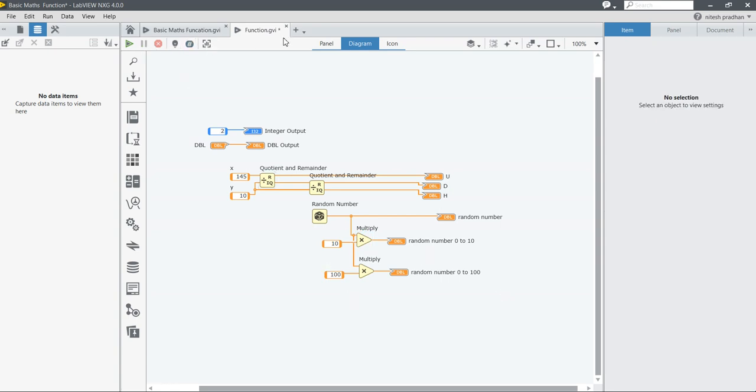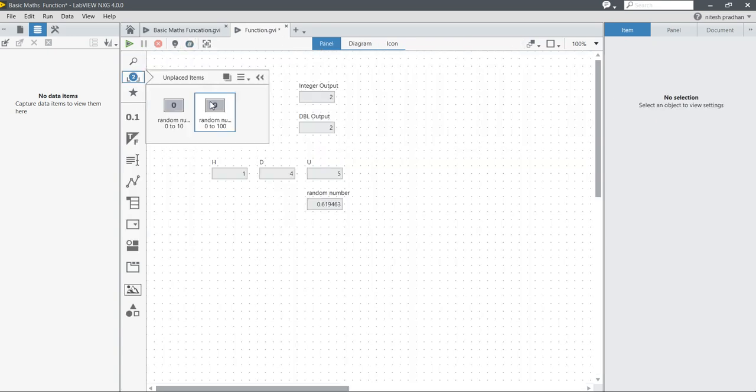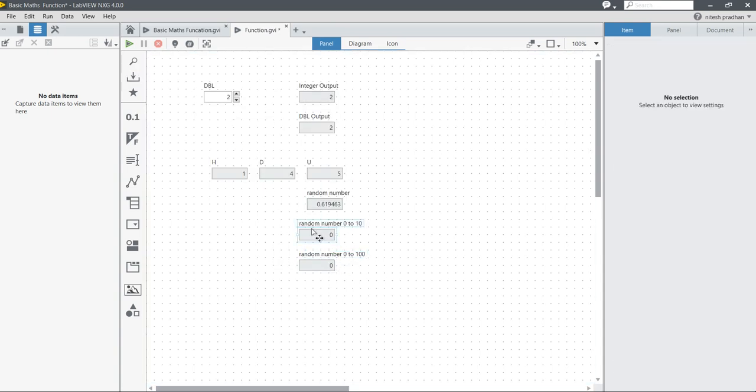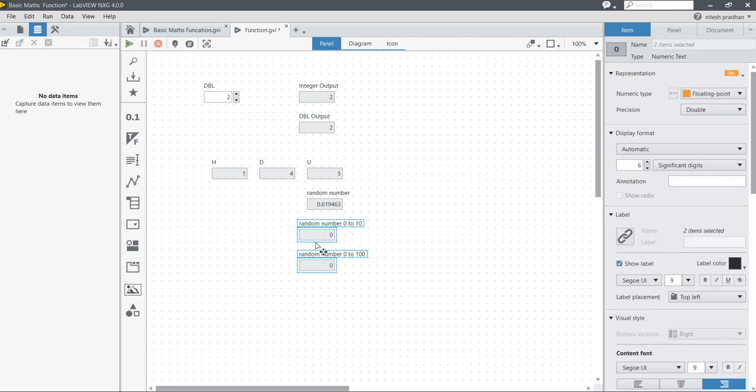Nice. Now come into the front panel, you will get two unplaced items. Here both the unplaced items are 0 to 100 and 1. So random number, this indicator random,